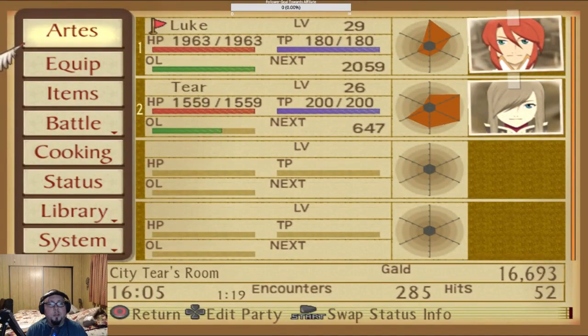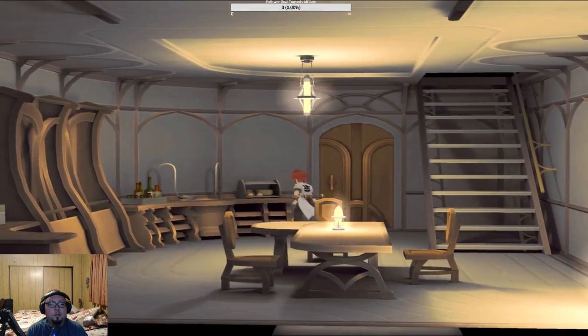Ooh, just one more level and we get Mystic Arts. Ooh, feel the power crunk. Oh, I feel